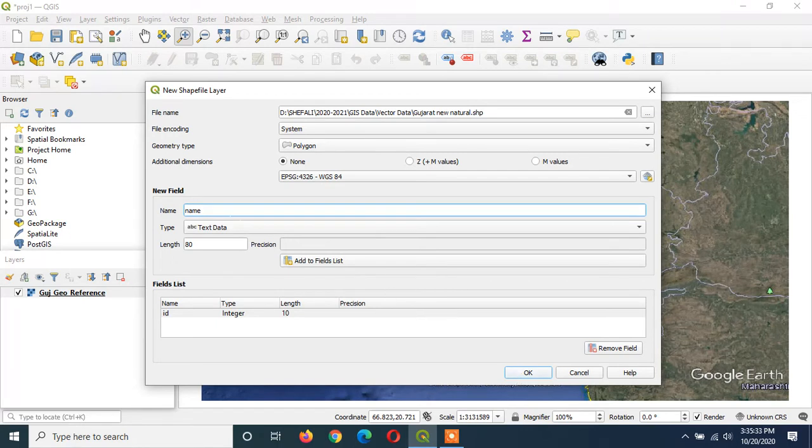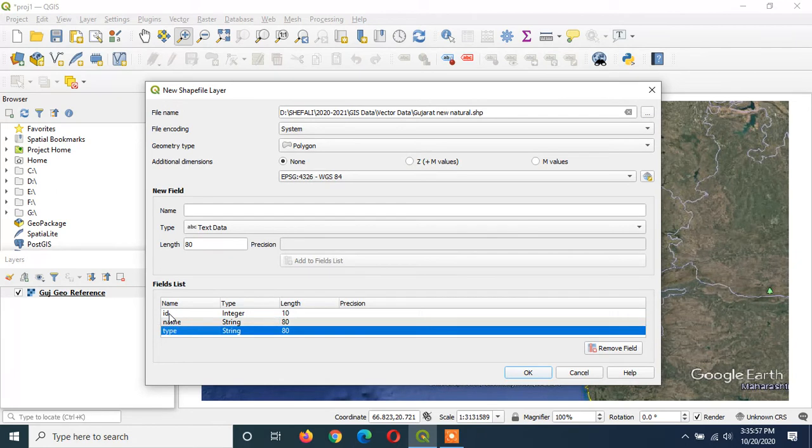I have added one field by clicking add to field list. Its data type is string. If you want to add any other field, then you can write here. I want to add type also. So I am writing type, and the data type is text data. Length is 80. Click on add. Now there are 3 fields in this attribute table. Click on OK after you are done.